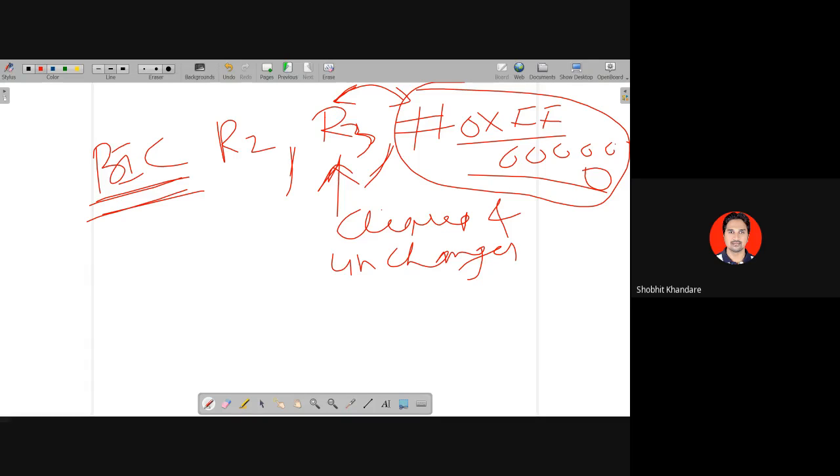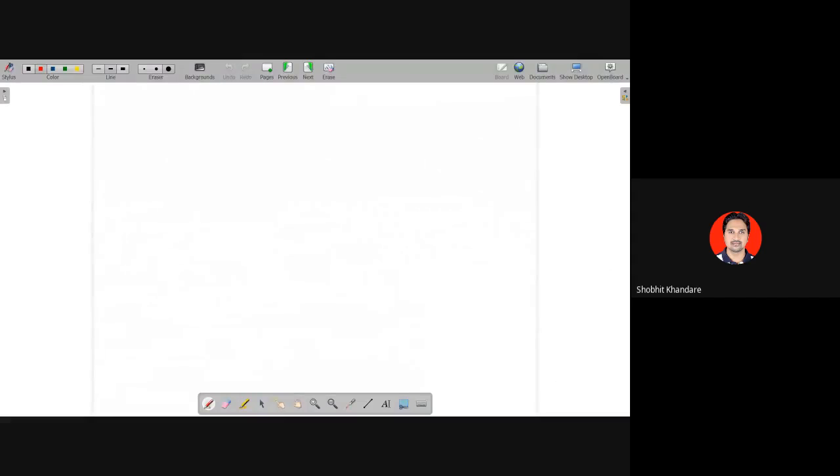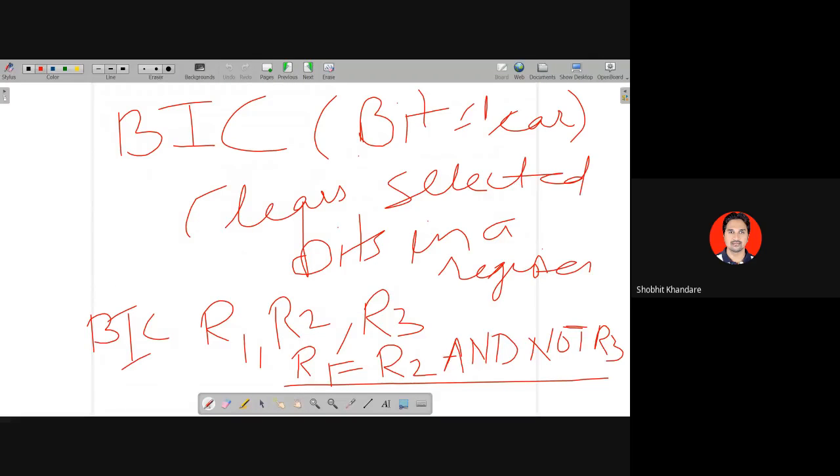And now here, एक important bit. Here we are not performing NOT on the second operand. See here, अगर register है, then it is R2 and not R3. That will be stored into R1. Okay, R2 and not R3 will be stored into R1. So that is how the bits are getting cleared from the second operand.